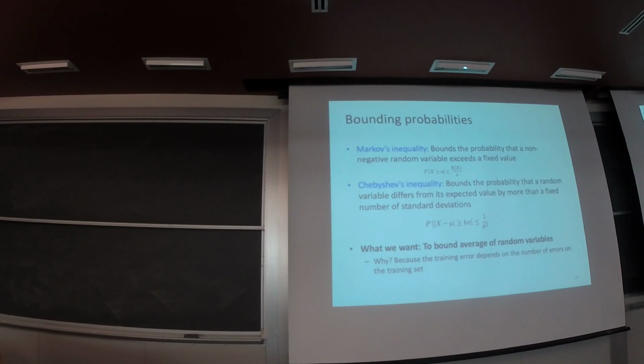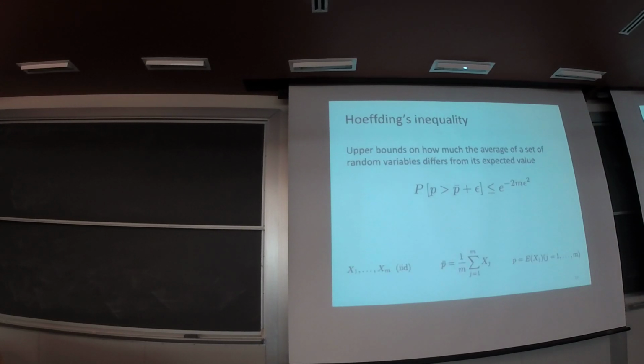We'll discuss the reason in detail later. The training error is essentially an average of random variables, and the true error is the expectation of those random variables. So training error is essentially an empirical estimate of the true error. That's why we want to bound the average of random variables. The particular tail bound we use here is called Hoeffding's inequality. Hoeffding's inequality has many versions; here we use a simpler version.